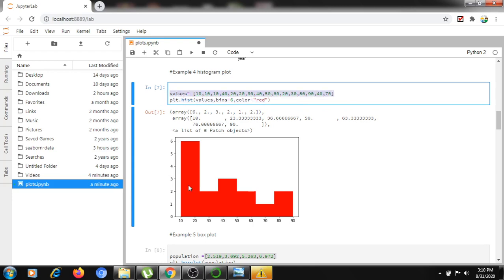It will represent 10 to 20 as 6, 20 to 30 as 2, and the last, 80 to 90, as 2. Likewise, we are representing the histogram format. We use it when we want to represent a particular frequency, for example, 20 to 30 students got 90 percentage.